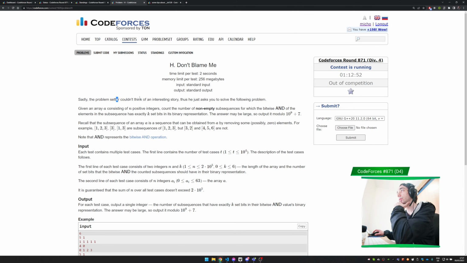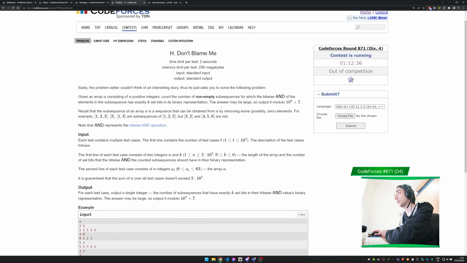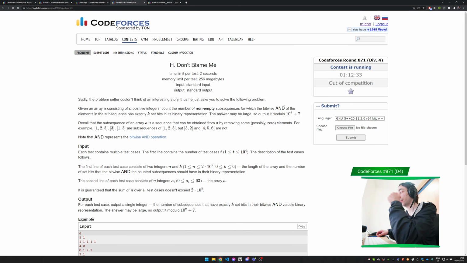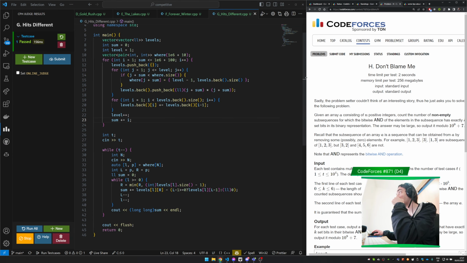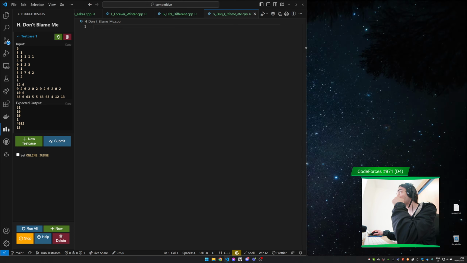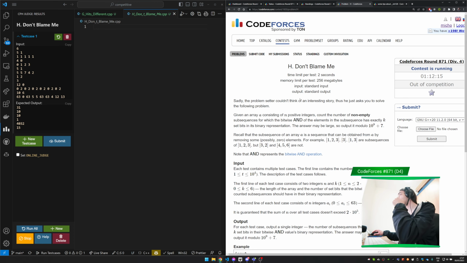Sadly, the problem setter couldn't think of an interesting story. Given an array A of positive integers, count the number of non-empty subsequences for which the bitwise AND of the elements in the subsequence has exactly k set bits in the binary representation. Bitwise AND. If you're looking for k bits in the bitwise AND, the thing is that you could